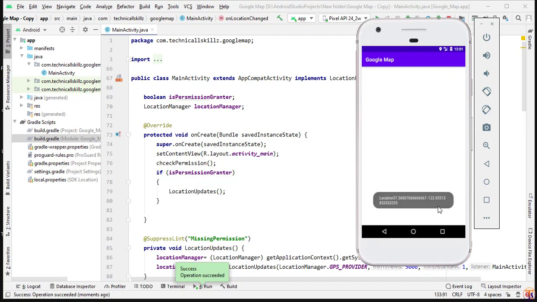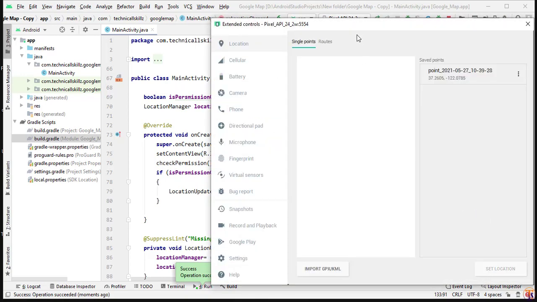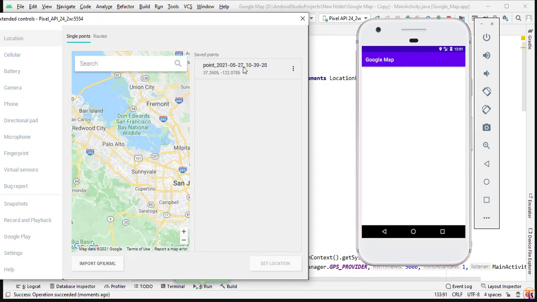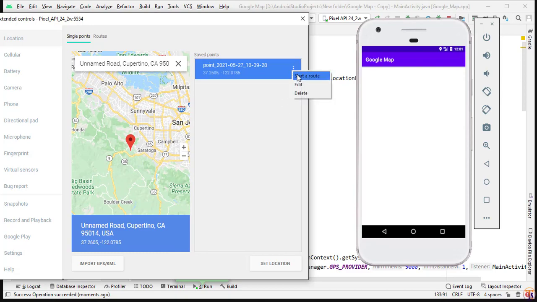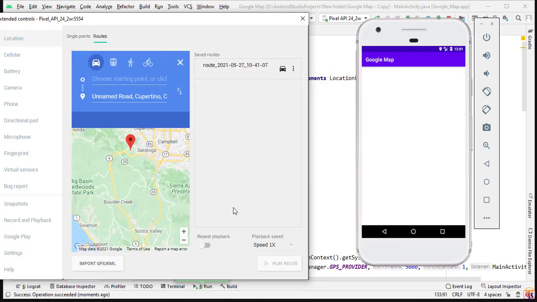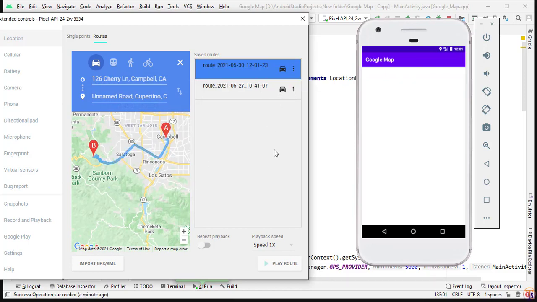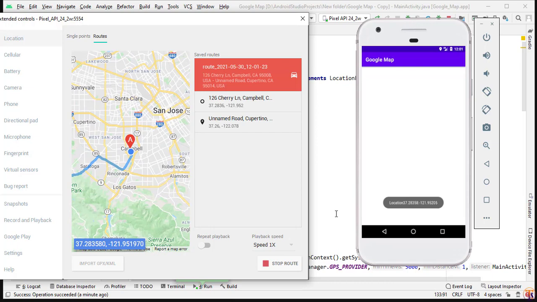Now here you can see permission is granted and our latitude and longitude is available. Let me move from one place to another place. Let me open my virtual assistant, and here we will click on this route, and let's say I travel from one place to another place. Let me select any place here. Let's say I click on play. Here you can see when I move from one place to another, it shows the toast message. You can see it's moving. It's showing the toast message of latitude and longitude after 5 seconds.